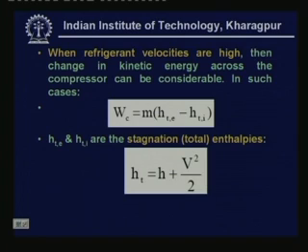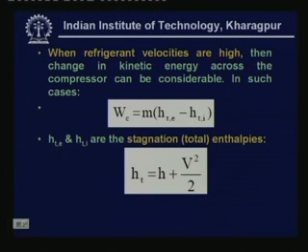When refrigerant velocities are high, then change in kinetic energy across the compressor can be considerable. So far we have assumed that the kinetic energy change across the compressor is negligible. Okay. But in centrifugal compressors you find that the velocities can be quite high, and the kinetic energy change could be quite considerable. Okay. So, in some cases you have to consider the kinetic energy change, you cannot neglect it. Okay. So, if you consider the kinetic energy change, how do you find the power input? The power input is simply obtained by this expression, where